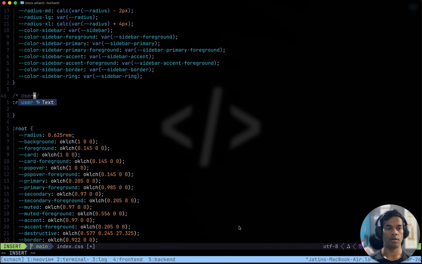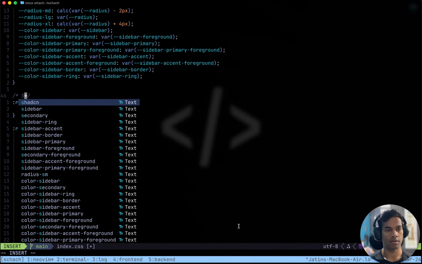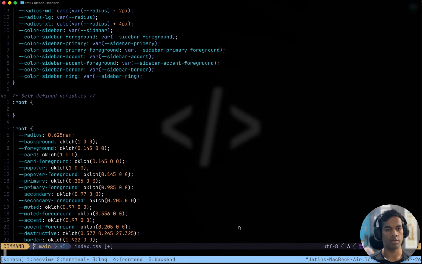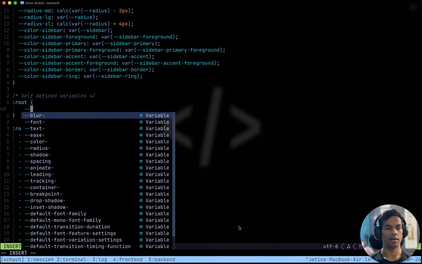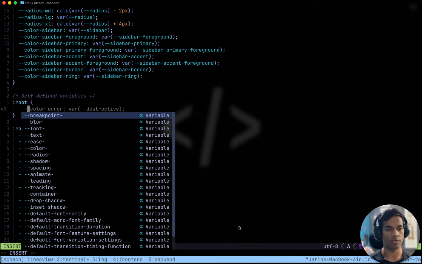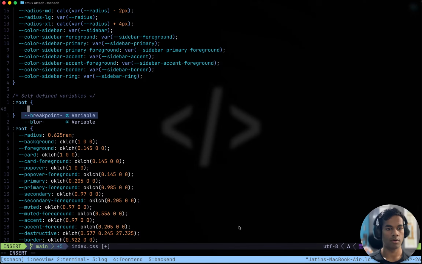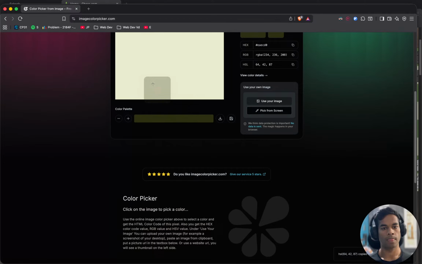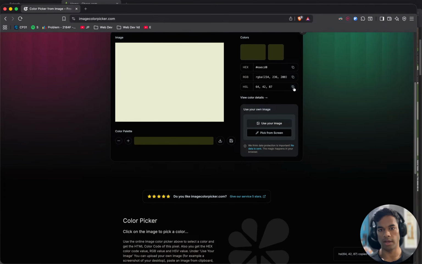Cool. User defined, or more like self defined variables. Self defined variables will come here, and one would be board white or board light. Of course it is color, so we don't have to say that it is color. Board light, and this thing equals this value, HSL value.